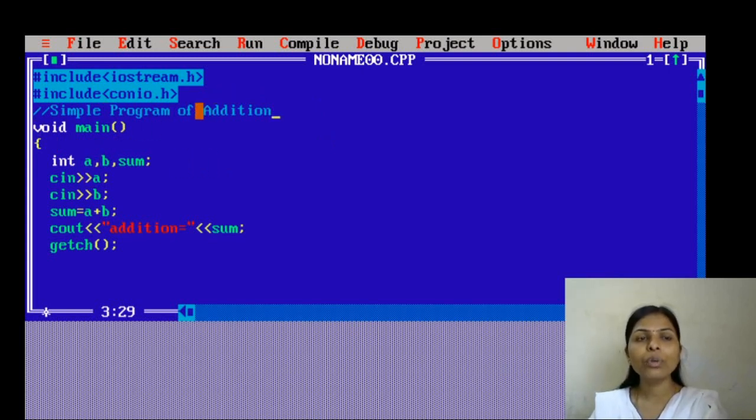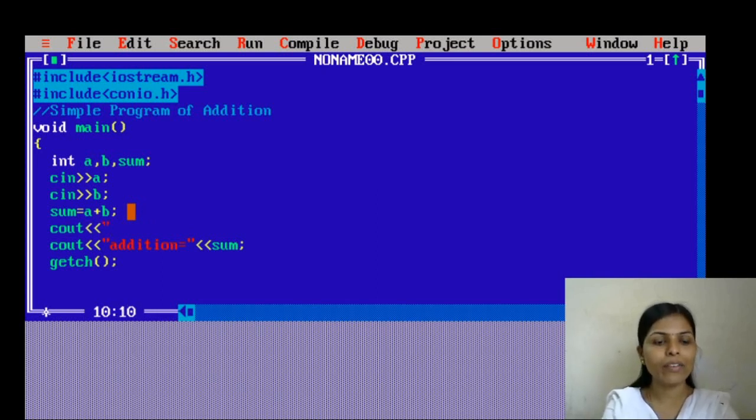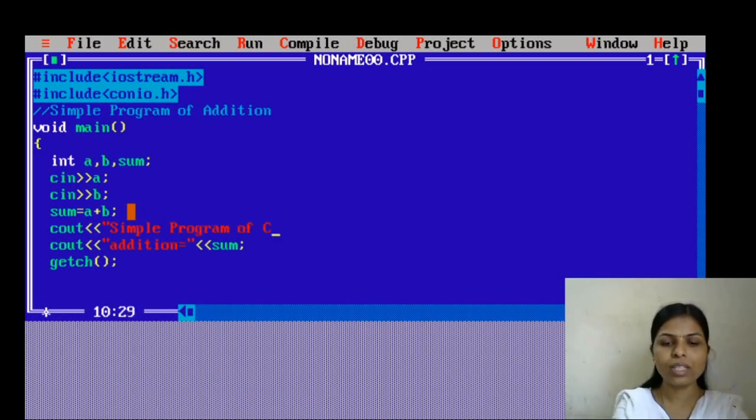Now here I have to display this simple program of addition on the screen. What can I do? This simple statement will not display on the screen. So I have to use the cout object and the operator, and here I will write "simple program of C++", double quotation close.